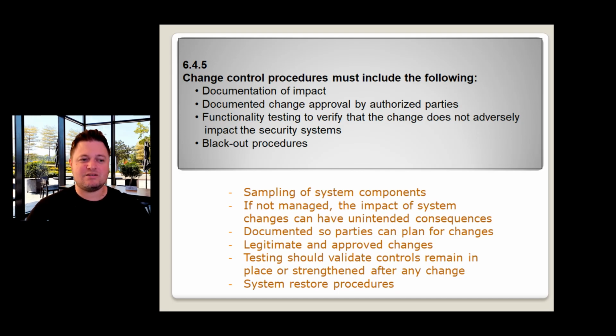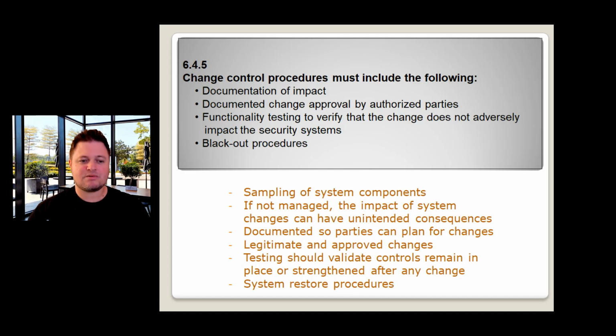Change control procedures must include the following: documentation of impact, documented change approval by authorized parties, function testing to verify that the change does not adversely impact the security systems, and blackout procedures. Now, this is basically combining 6.4.5 through 6.4.9. Each bullet point is one. Basically, bullet point one,